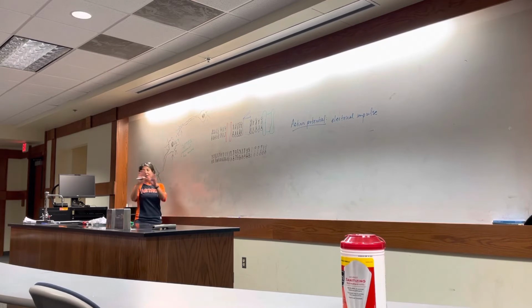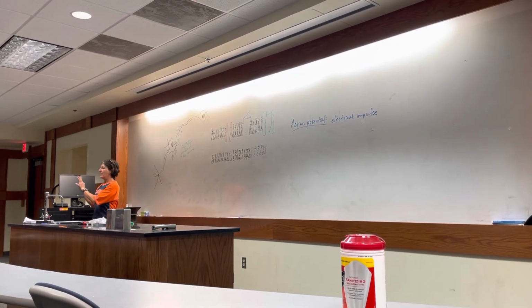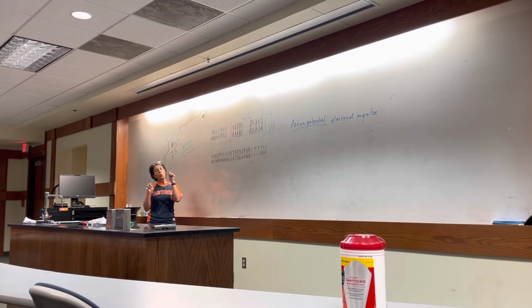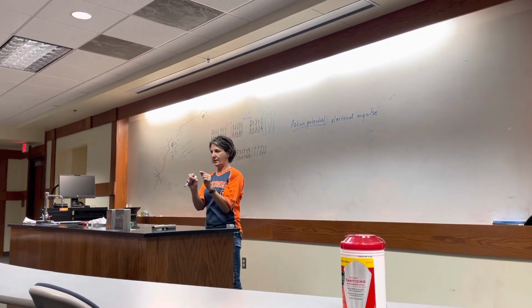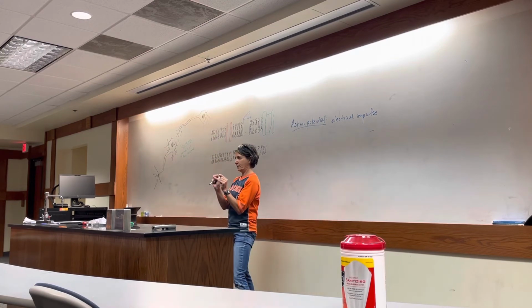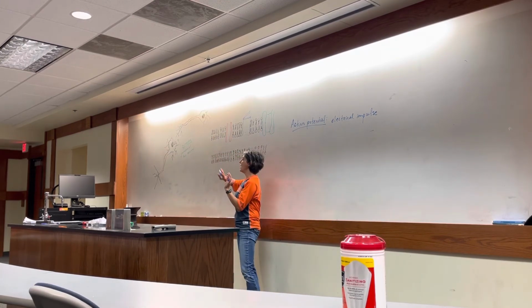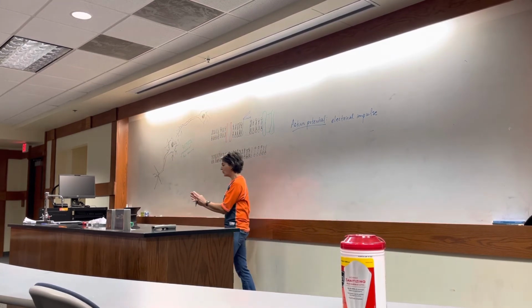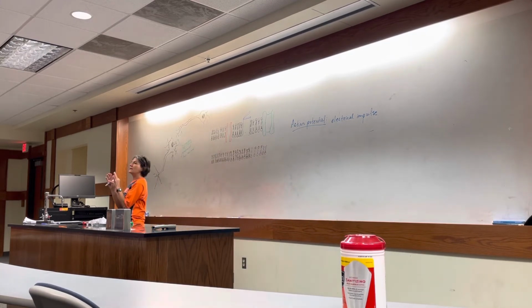So let's go back to what we talked about the last lecture, and what is the resting voltage, okay, at rest, when these neurons are not signaling, and when they're at rest, what is the voltage at rest? Negative 71